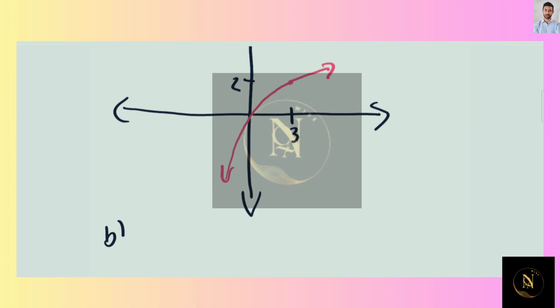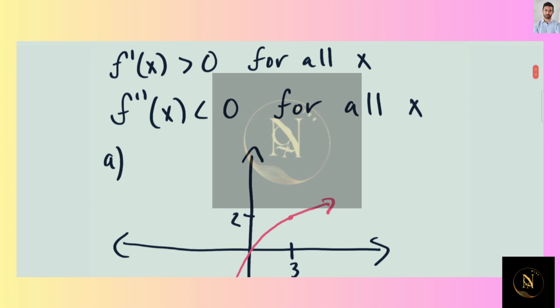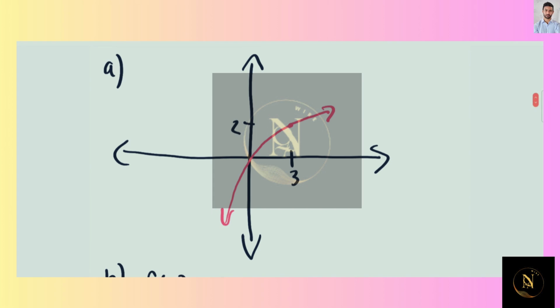And now for part B, what we're going to do is figure out how many solutions or how many zeros our function f of x has. So how many solutions are there to f of x is equal to 0? Well, if we look at our graph, we know that we're always increasing. So there's no way that after this point we're going to somehow go down and then cross the x-axis again. We're always increasing. So the only time that we could cross the x-axis would be before this point 3, 2 at some point over here when we're in this concave down